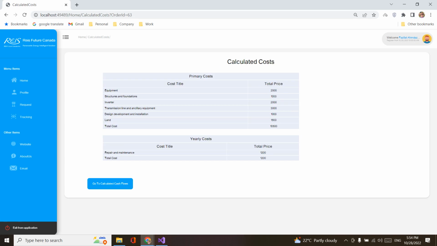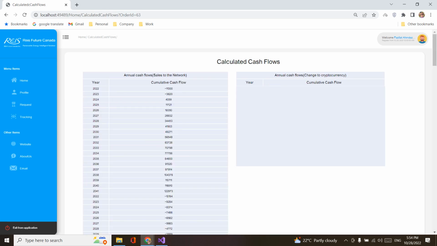And in this section, you can see calculated cost that contains equipment, structure and foundation, inverter, and total cost for installing, for example, solar panels, and a yearly cost such as repair and maintenance cost.